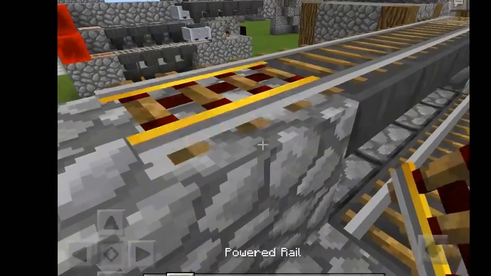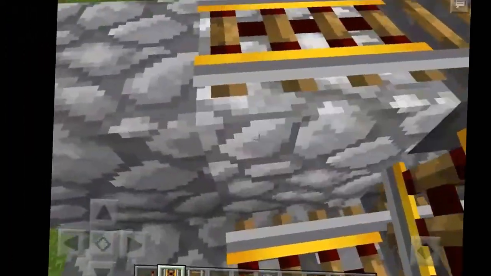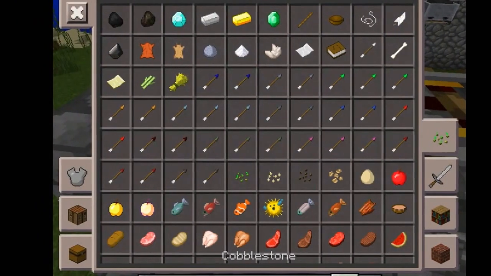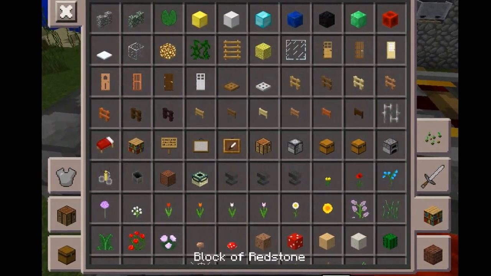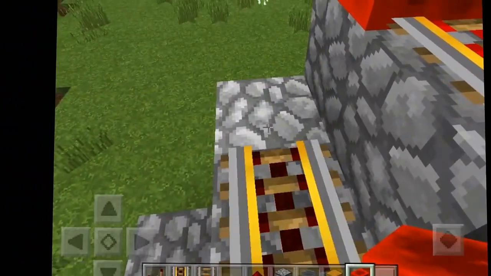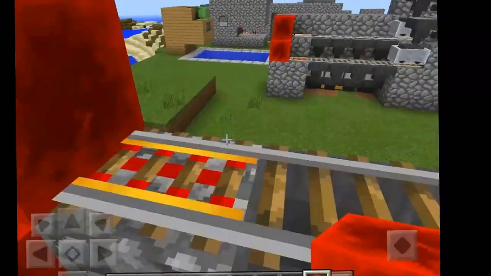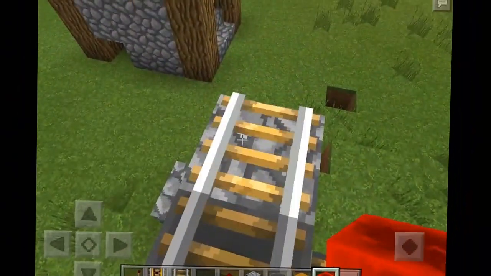Then we'll grab a power rail and put it down. And then what you want to do is grab yourself a redstone block just like this and put it on the end of this, so our power rails will be powered, and so the minecarts don't fly off the tracks and go off the side and have a place to stop. So after you do that,